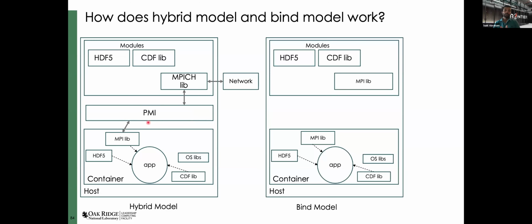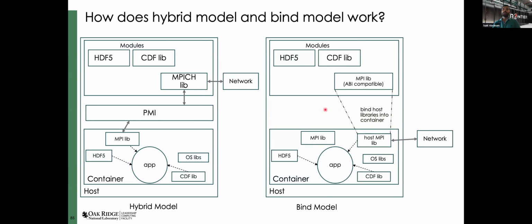With bind model, the difference is that instead of relying on the PMI interface that is set up by your job launcher, you are instead mounting the MPI libraries from the host into the container, and then relinking your application to use those host libraries directly, instead of going through the MPI libraries that were previously installed in your container. And so this has the advantage of, instead of going through this interface, you're making use of the optimized MPI libraries. However,